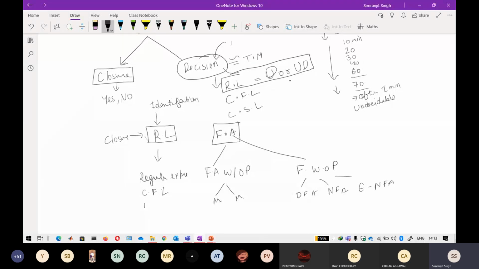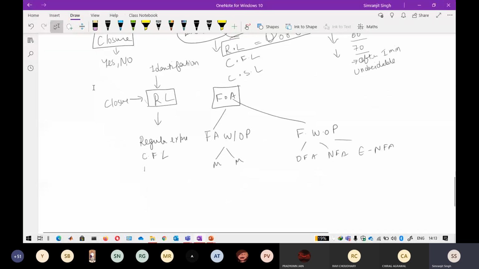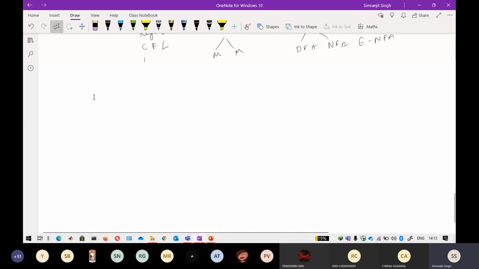So now we are doing closure properties, more specifically closure properties of a regular language. In the end I will provide you a different table where every property is given, so don't worry about that part. There are some properties that you are already aware of. I have already introduced these properties once in tutorials also, properties like the union property. First of all, you need to understand what is the meaning of closure.